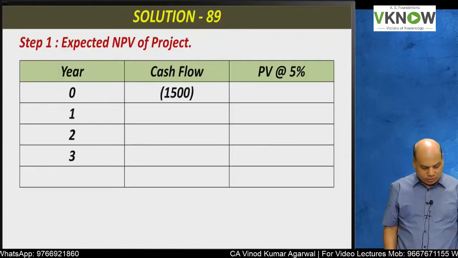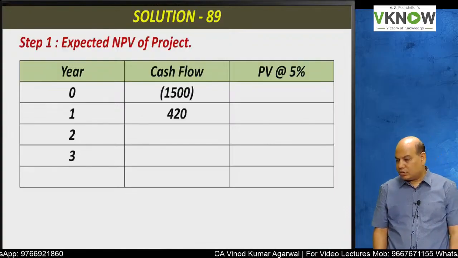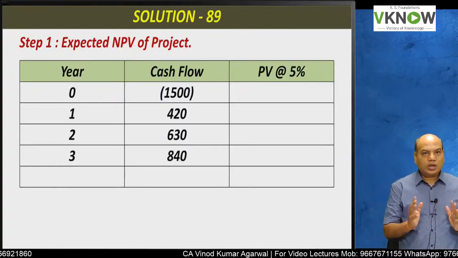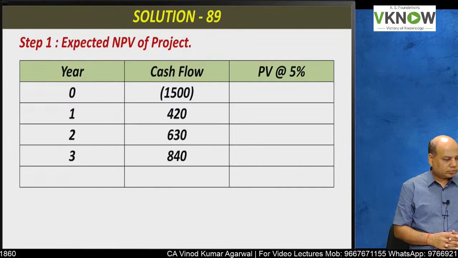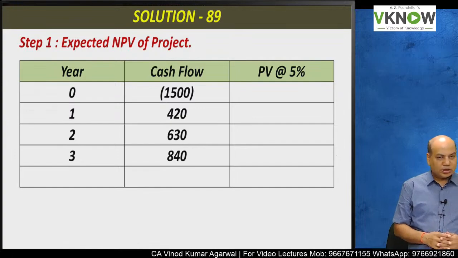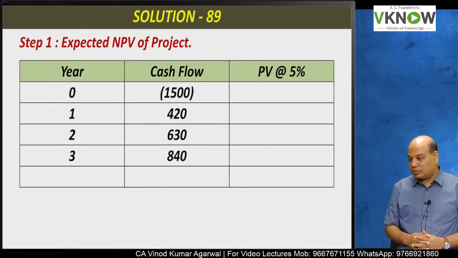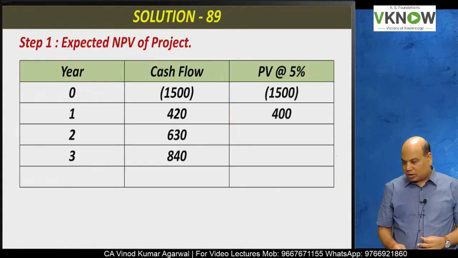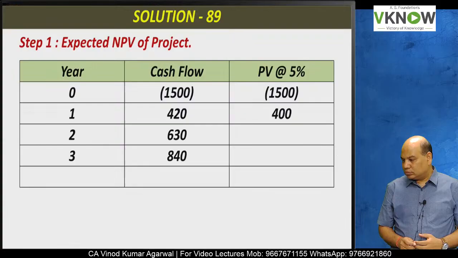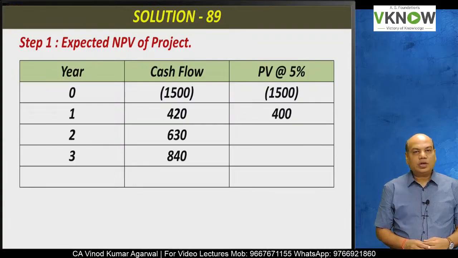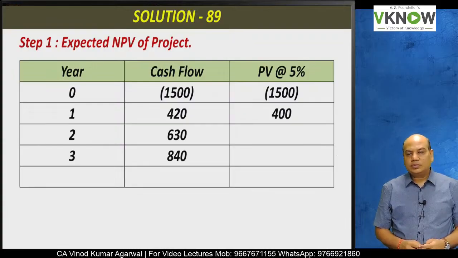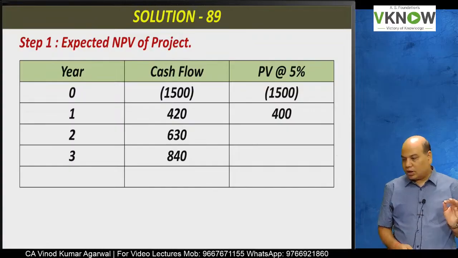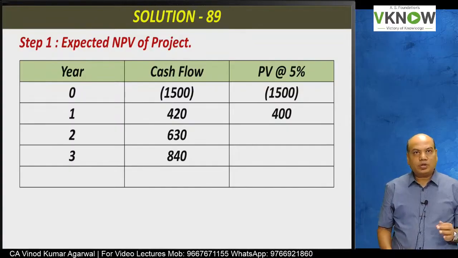Cash flow is given 1500. Expected cash flow is already given in the question, 420, 630, 840. And then compute the present value at 5%. First year 0, 1500. Take 420 divide by 1.05,